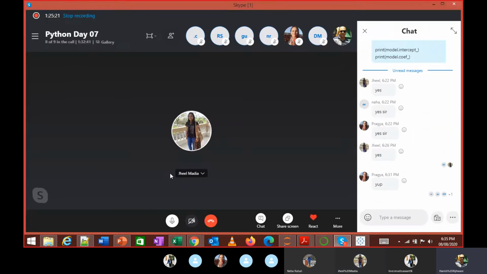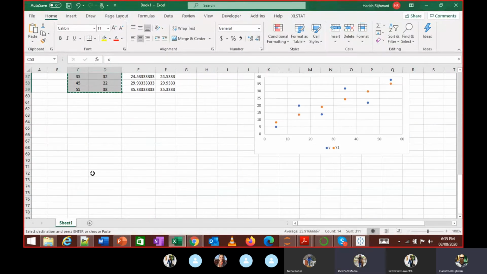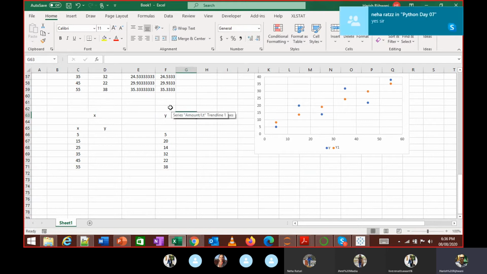Practically, it is telling me I want an array which looks like this, and I am passing the value of y separately. I am passing x, and I am passing this value of y. This is the ask from that function.